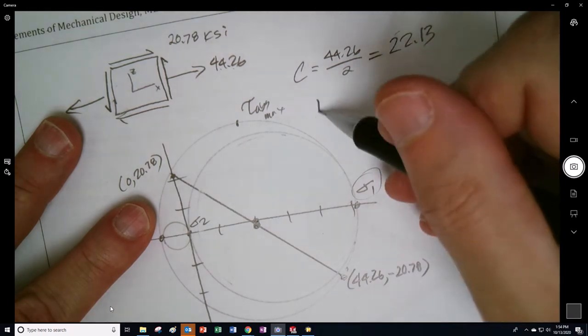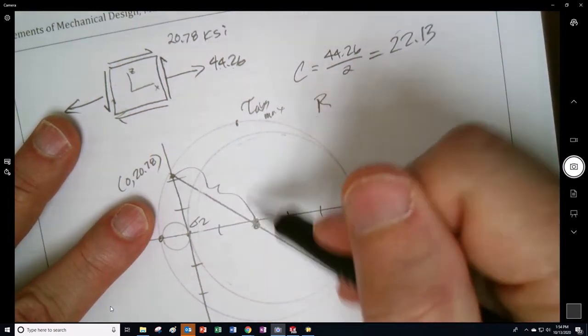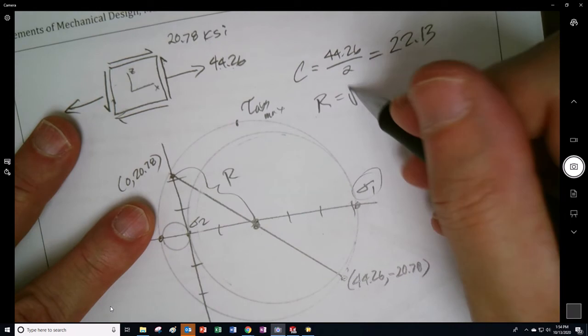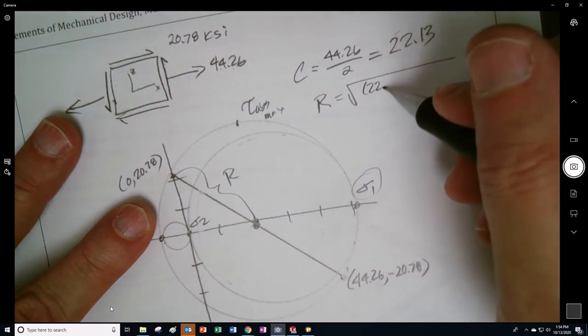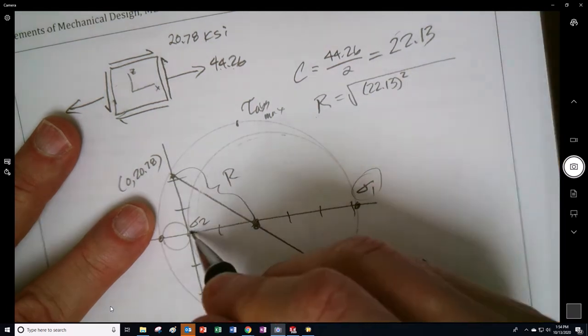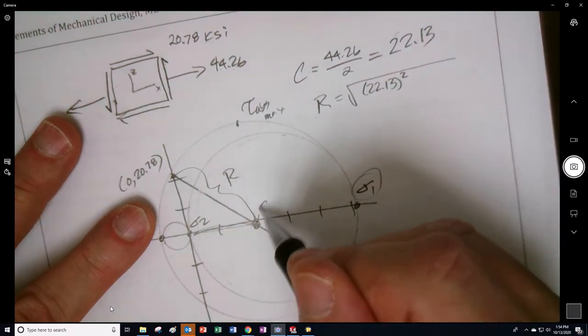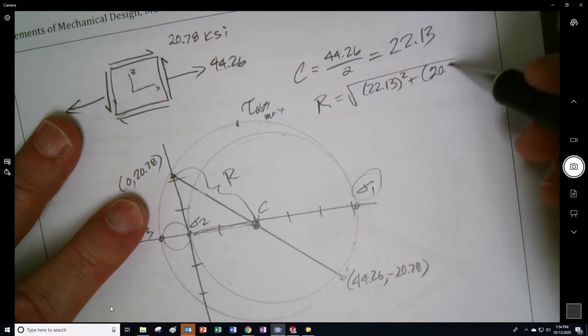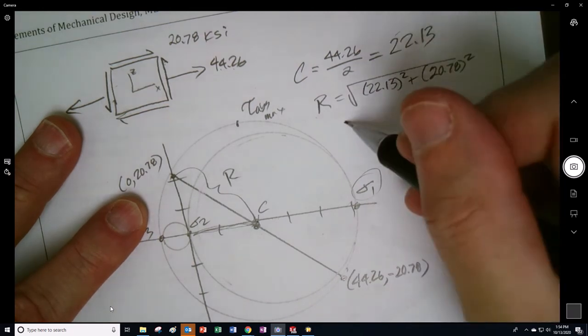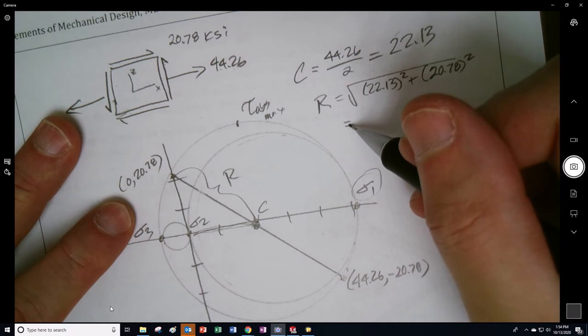Could have done it in my head. The radius we'll pick is going to be right there. The square root of 22.13 squared is this leg right here, because that's where C is, and this is the 20.78 squared. And when we get that, we get